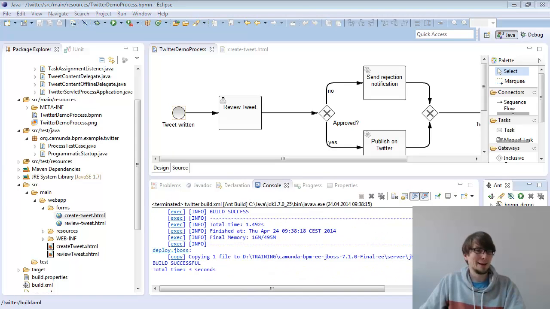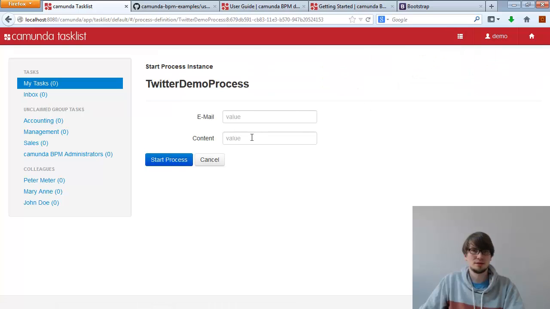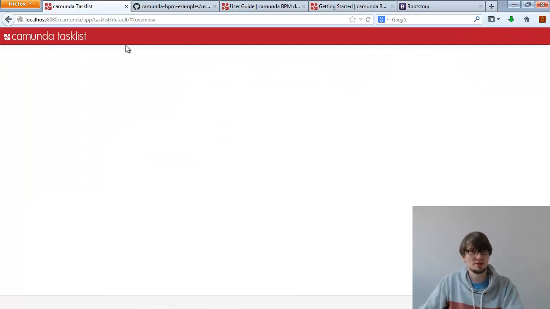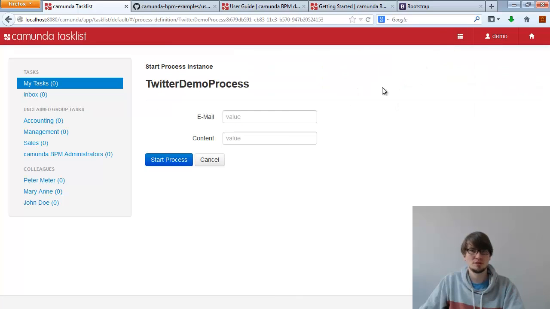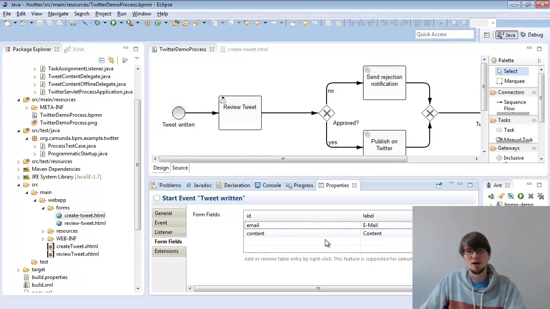And this now means that maybe it was too quick. Didn't deploy it. Oh no, it's already the right thing. It basically looks the same because I added the same stuff here. Okay, so that's the form I have here, and this is pretty handy actually for prototyping because you can easily